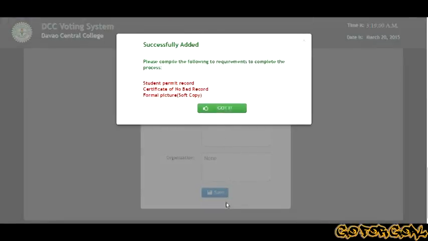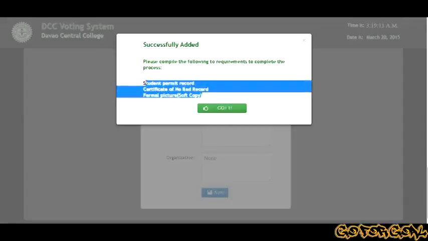Then when you click save, this will automatically appear. It will be successfully added, but the person running for candidacy needs to pass these requirements.